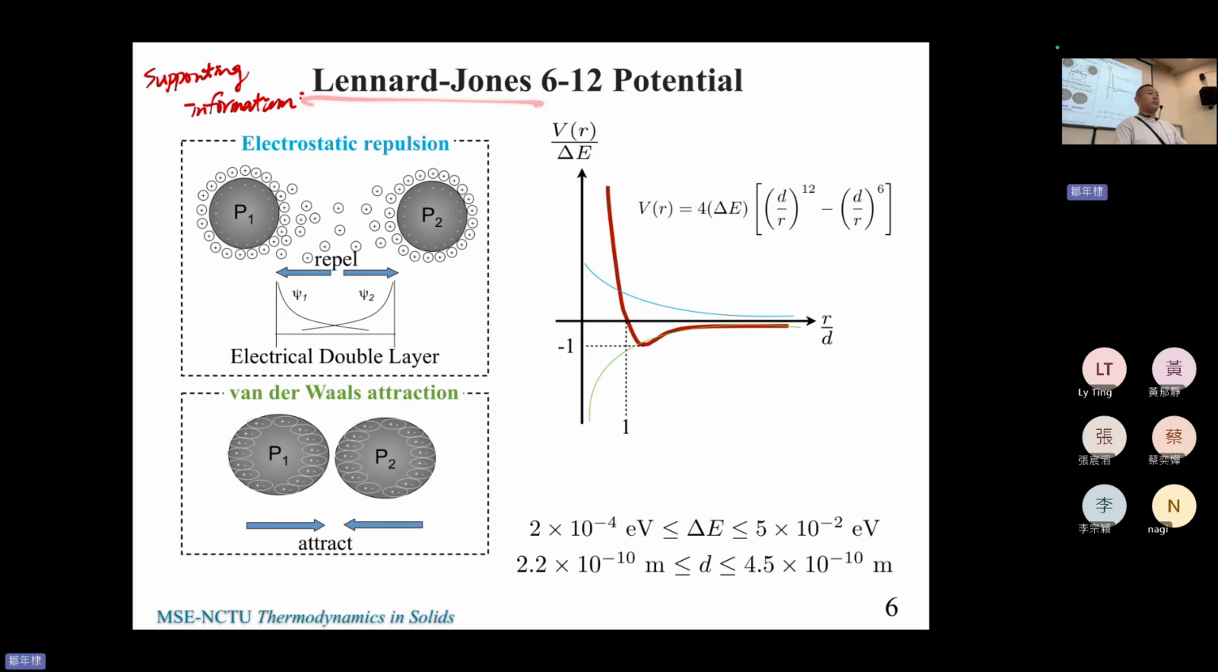But Lennard-Jones, they are really smart. They use a really simple mathematical form to fit this curve. You only use two parameters that can simulate this. Okay, so you only need to specify the distance and the delta E, and that's it. So the Lennard-Jones potential is kind of fundamental, basic